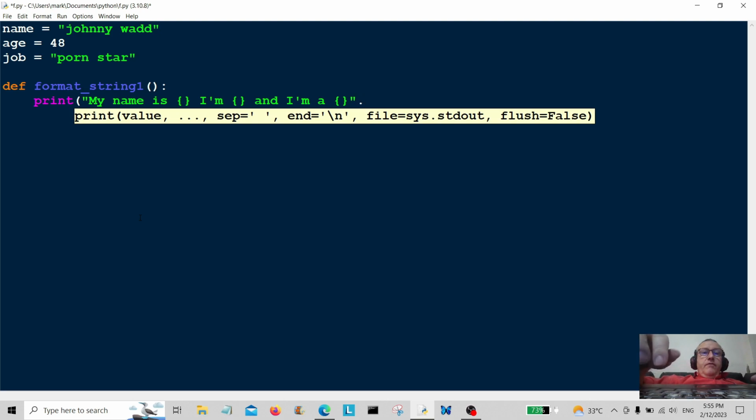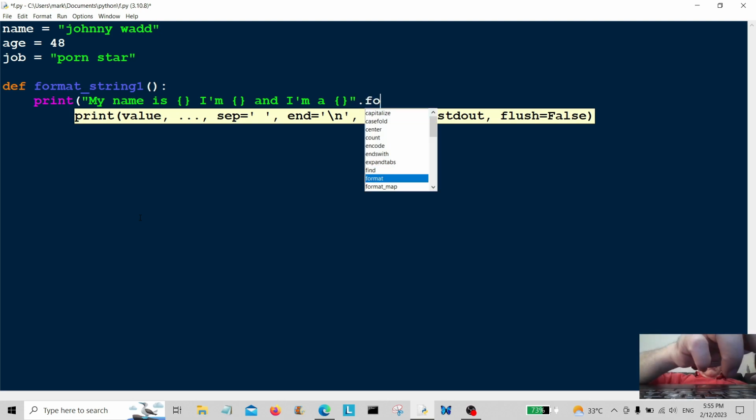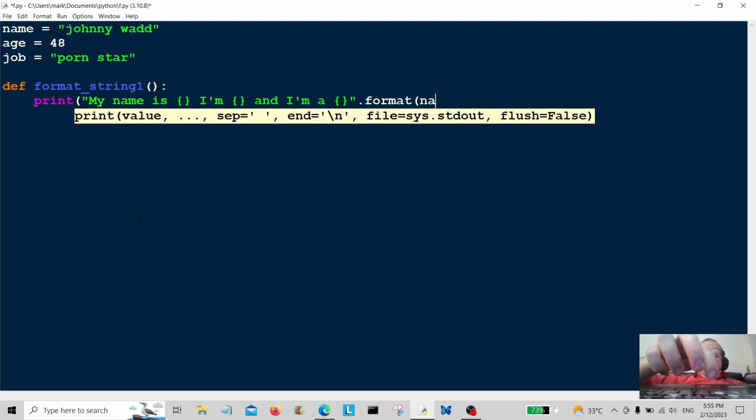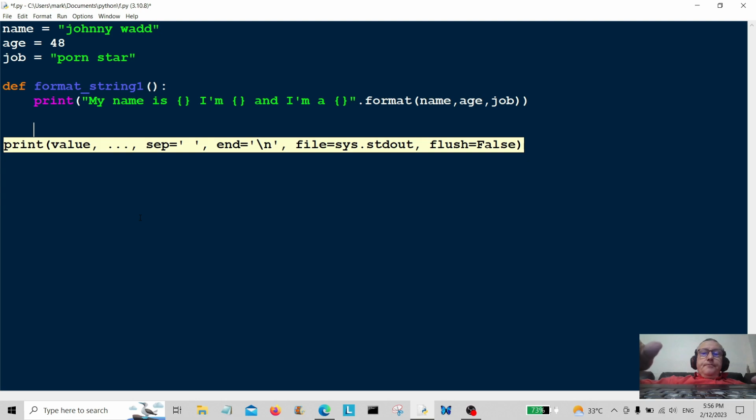And then we're going to do the format here, which is format, and we're going to do name, age, and job. So that's the first one, and we're just going to call this, make sure it runs okay before we go on to the other one. So we'll call it by format string 1,